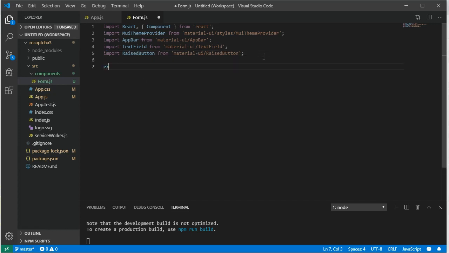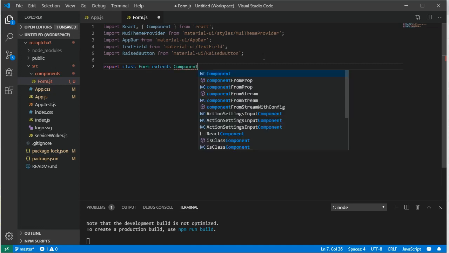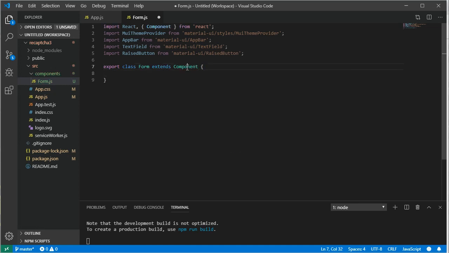Okay, now here we have export class form extends component. Now here we will have a state, and in the state we will save all the data from our form. So here we will have the first name, and it's gonna be empty, and then we have last name, and then we have the